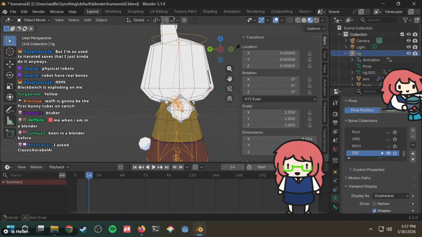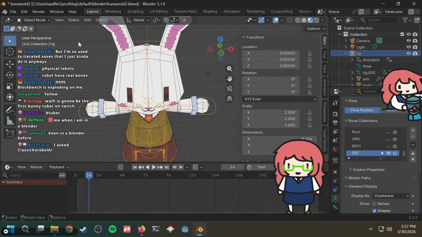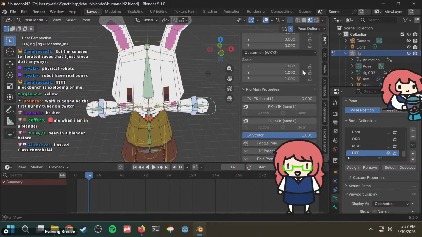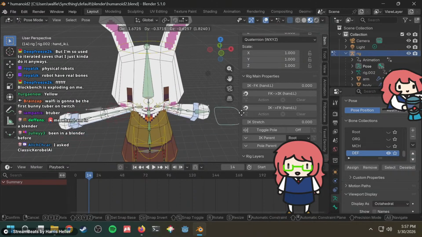So this one, though. Why is this one rotated at a 45-degree angle? That's what I don't get. Okay, and then I also need to constrain this. This one needs to not be stretch. IK stretch has got to be 0, right? So now up.